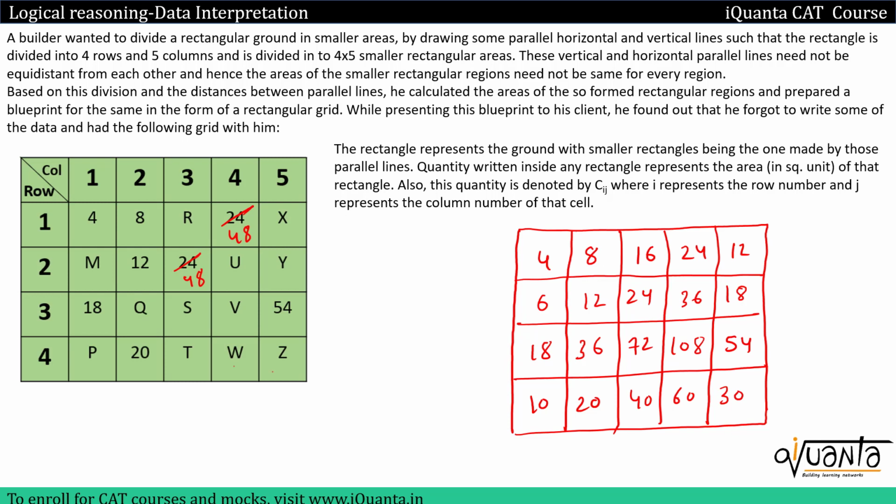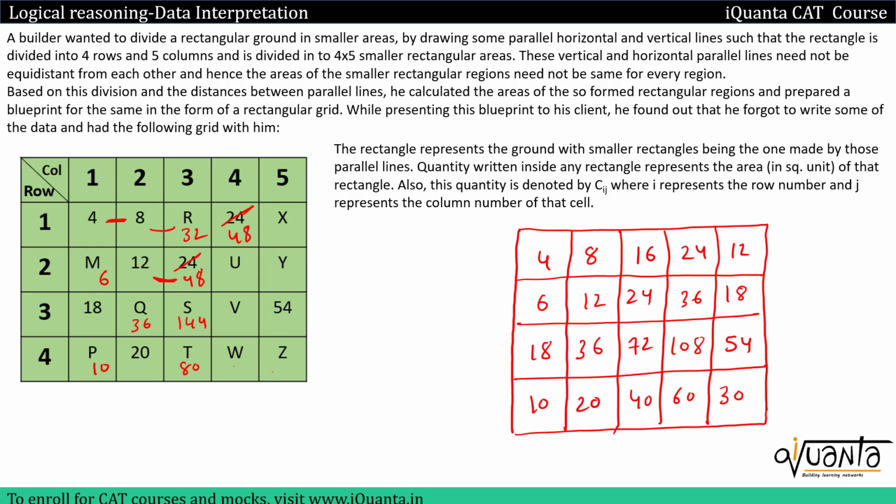So between these two we have the same relation twice, so I'll write 6 over here, I'll write 36 over here and 10 over here. Okay, but now the relation between column 2 and 3 has changed. Because now it has become 12 and 48, that means 4 times, so the area in column 3 is 4 times the area in column 2. So 8 times 4 is 32 I'll write over here, 36 times 4 is 144, 24 times... 80 will be written over here.